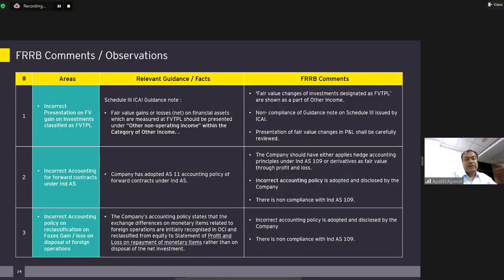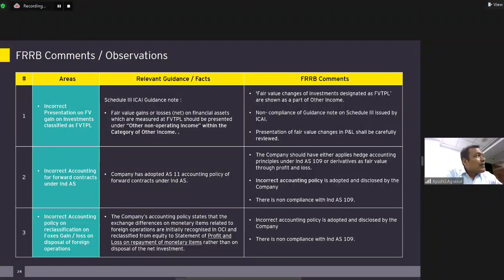Now, a lot of us are aware that the Financial Reporting Review Board audited or reviewed a set of financial statements, and of course, a lot of inconsistencies, not only in financial instruments but across a wide range of Ind AS standards, were identified and issued by the FRRB. So I just took a look at some of those inconsistencies in financial instrument accounting also. As a group, we should generally be aware. Although it can be much more, at least some of the areas which were commented upon by the FRRB were, like in the case of